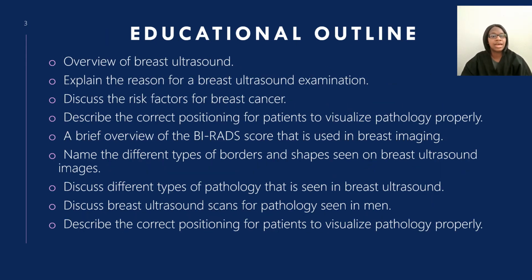So for this outline for today, we're going to talk about an overview of breast ultrasound, the reason for a breast ultrasound scan. I'm going to discuss the risk factors for breast cancer, describe the correct positioning for patients whenever they are in breast ultrasound, discuss the BI-RADS score that is used in breast imaging, name the different types of borders and shapes that are seen on breast ultrasound, discuss different types of pathology that are seen in breast ultrasound,